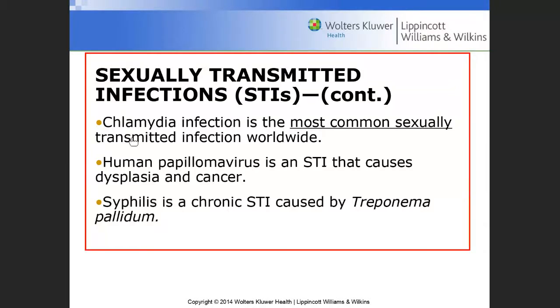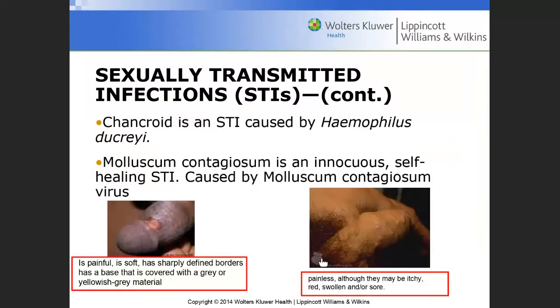Chlamydia, we mentioned already, is the most common sexually transmitted disease. Human papillomavirus, you can be vaccinated for. Syphilis, caused by Treponema pallidum, and there are different stages of syphilis. Well, this is basically two other kinds. A chancroid caused by Haemophilus ducreyi, and